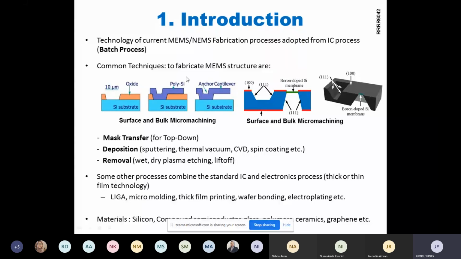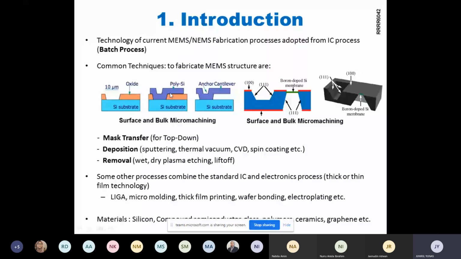The common techniques to fabricate MEMS structure are surface and bulk micromachining. Here we can see surface micromachining. That is the process to create the structure over the substrate. Yeah, this is the substrate. So we create the structure over the silicon substrate, such as the cantilever or its sacrificial layer,